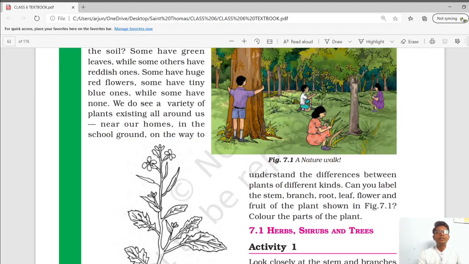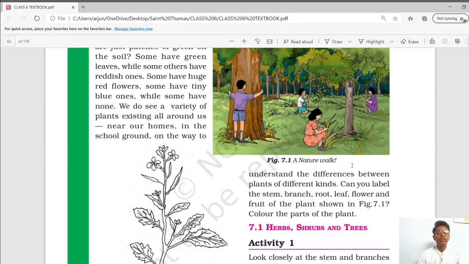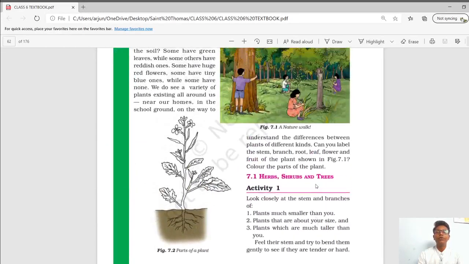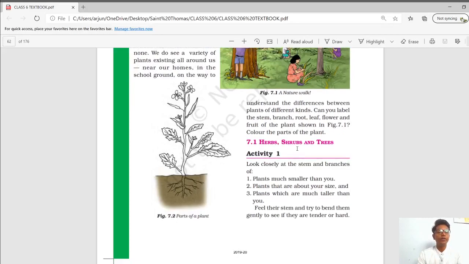Can you label the stem, branch, root, leaf, flower and fruit of the plant shown in figure 7.1? This is the activity you have already done, and this question was already asked. So you know which part is the stem. This is the stem, this is the root, this is the leaf. Okay, you know this. So moving further,